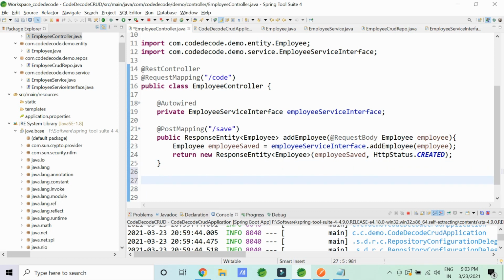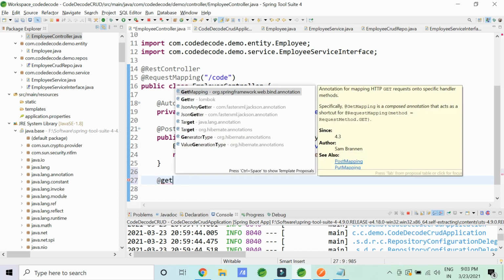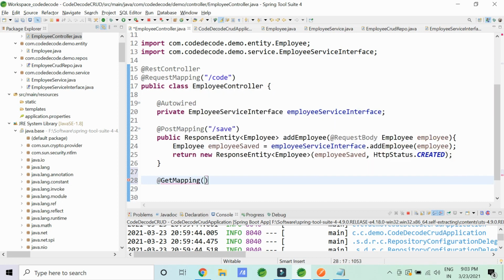Now retrieval can be done in 2 ways. You can retrieve everything in the database, or you can retrieve using just one ID, the transaction ID or the ID. So these are going to be the get mapping, because I don't want any security during this particular thing. Suppose I just want all. So let me have a get mapping as all. Okay, so this is my get mapping as all.